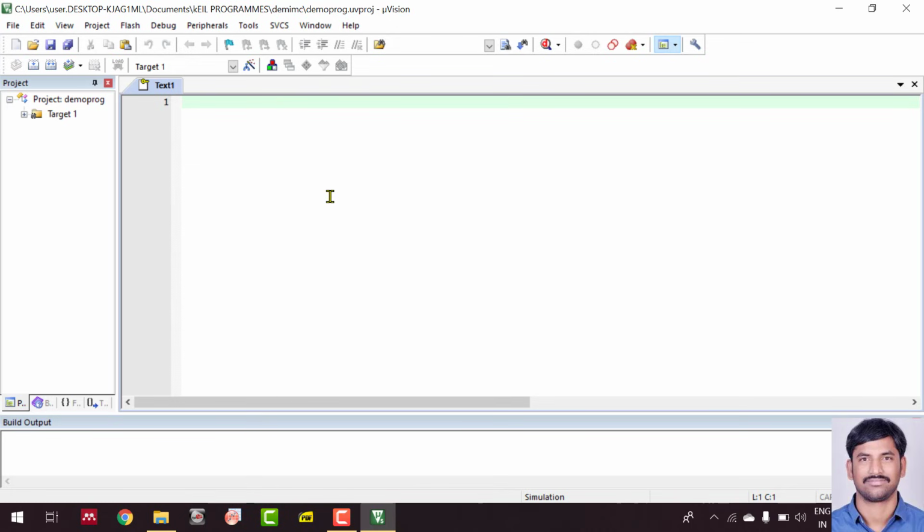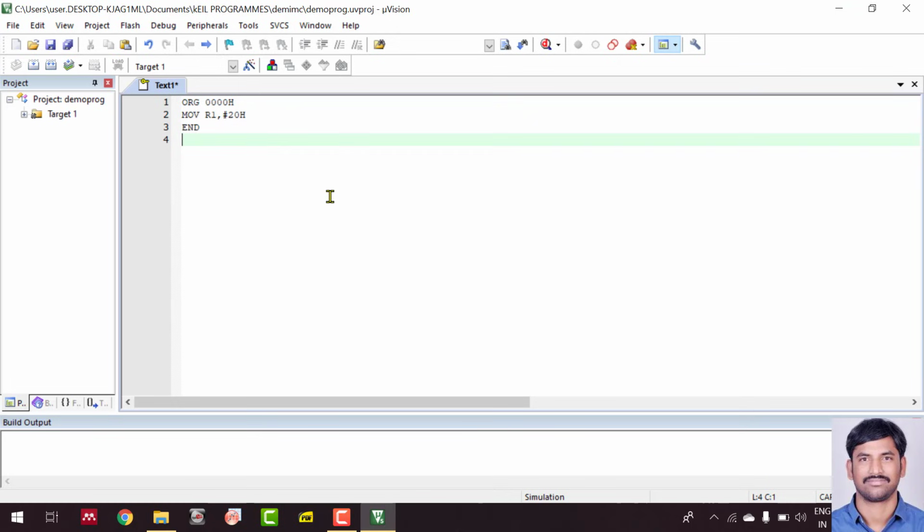For a simple instruction, I'm going to write now. I'm starting my program with ORG 0000, then I'm just writing one instruction here. So this is my program. I have used only a simple instruction. I just ask the microcontroller to move hexadecimal number 20 to the register R1. Okay, now it is written.